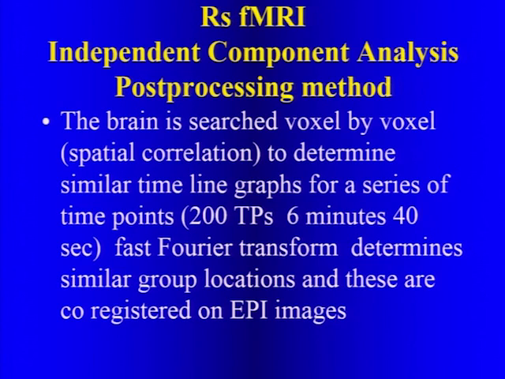What the post-processing does is look voxel by voxel at all of those time points. So that's 200 time points times 14 slices, that's 2,800 slices, and our computers start to freeze up around 3,000, so that's kind of why we chose 200 time points. The pulse sequence takes 6 to 6.5 minutes, and it searches through the brain for similar areas of timeline